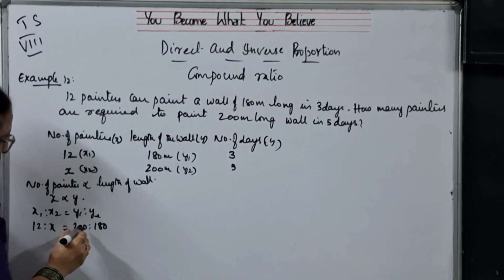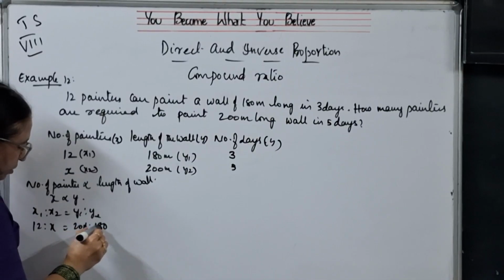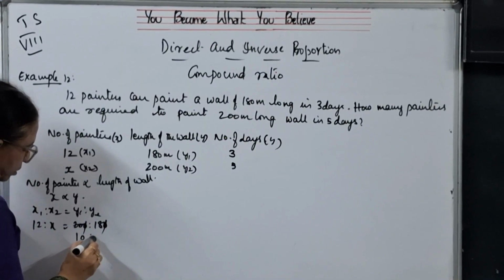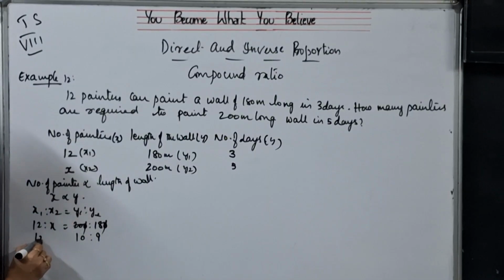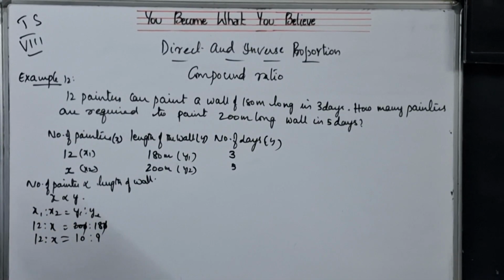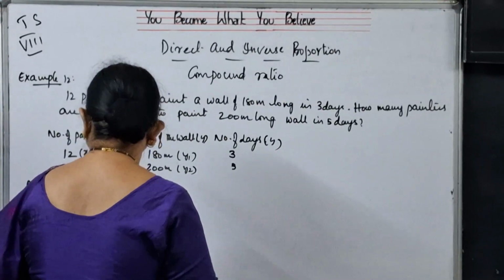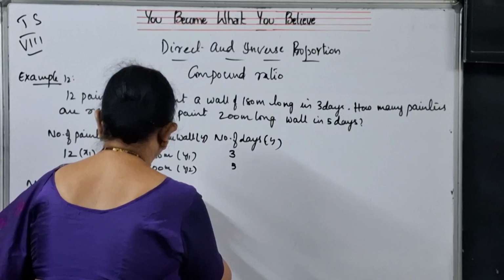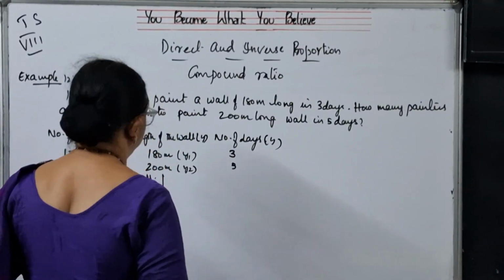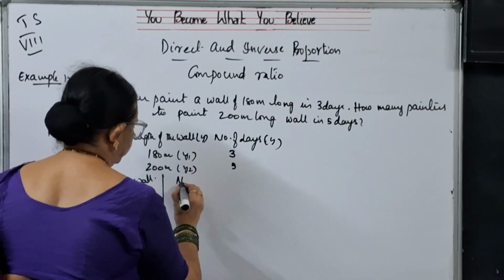So let us simplify 200 is to 180. 0 and 0 will get cancelled. 2 tens are, 2 nines are. So 12 is to x is equal to 10 is to 9. Okay, this is about the number of painters and length of the wall. And number of painters